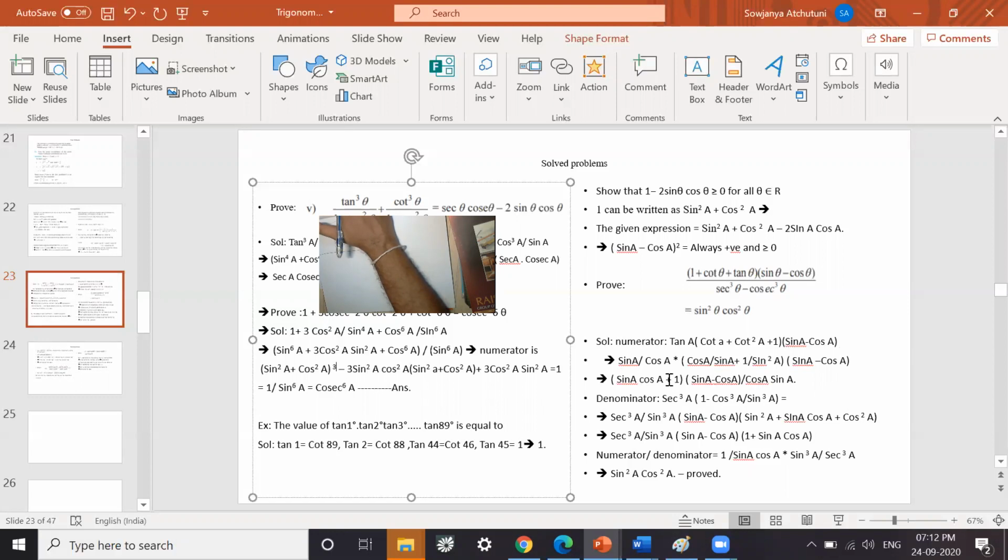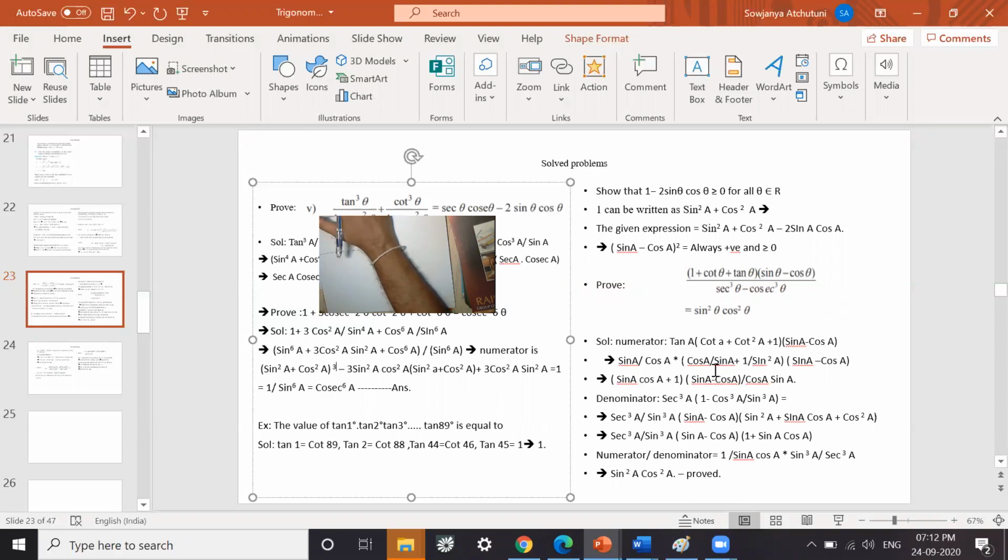You can see 1 plus sin A cos A, 1 plus sin A cos A gets cancelled out. Sin A minus cos A, sin A minus cos A gets cancelled out. So what is left out here? 1 minus sin A cos A into secant cube by sin cube. This is the denominator. So sin cube by secant cube. Sin gets cancelled, sin square, then cos A secant, it will become secant square. When it comes to top, it is cos square. So sin square cos square is proven.